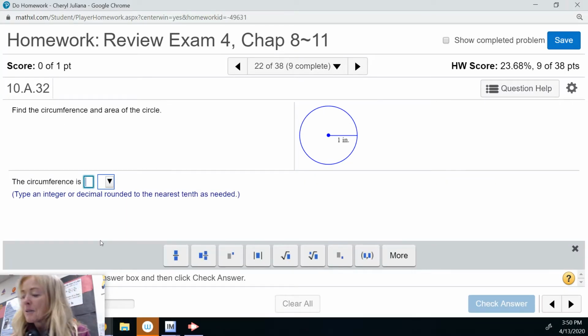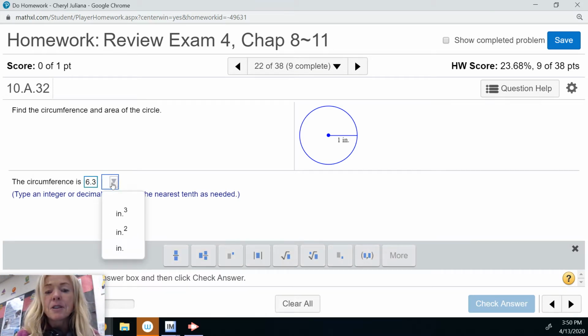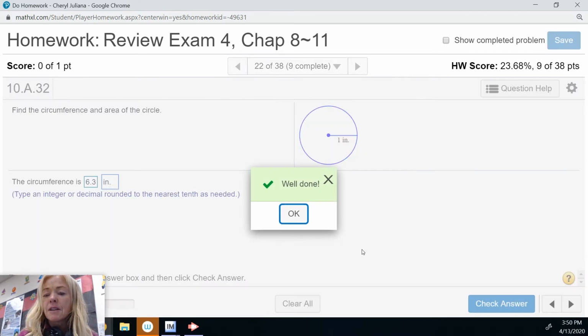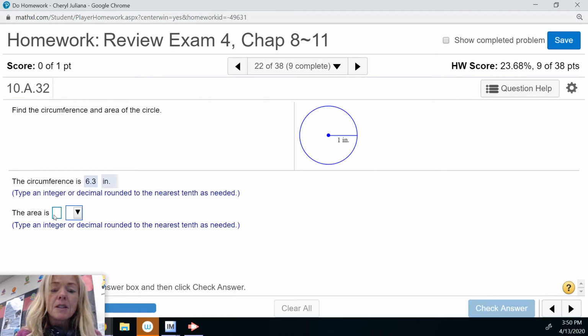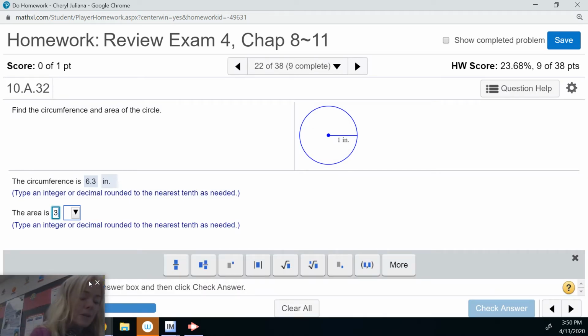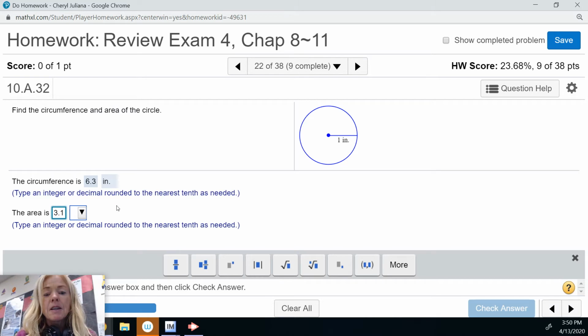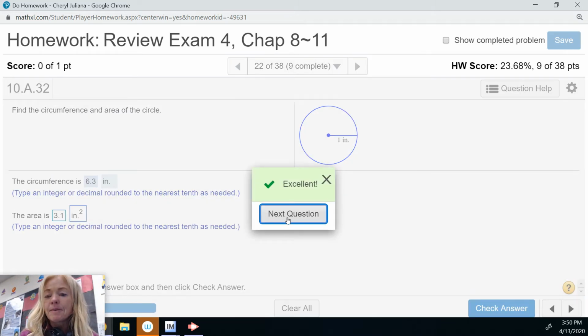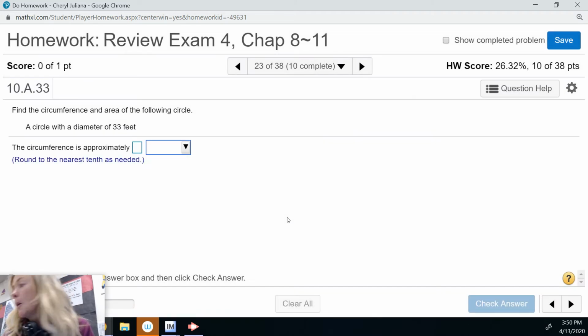The circumference is going to be 2 pi r, so 6.3 rounded to the nearest tenth, and that's just going to be inches because it's just the length, it's not an area. And then the next one is area, and it's just 3.1, just pi. And areas are squared, so we need to make sure that we include square in our area. Pretty simple. All right,